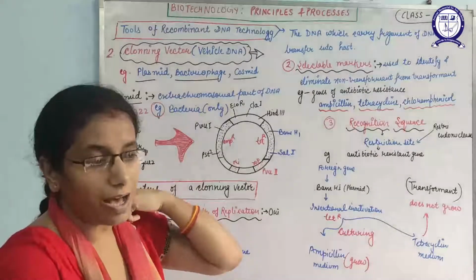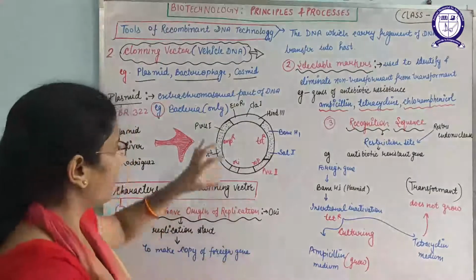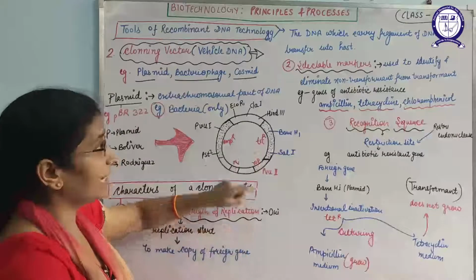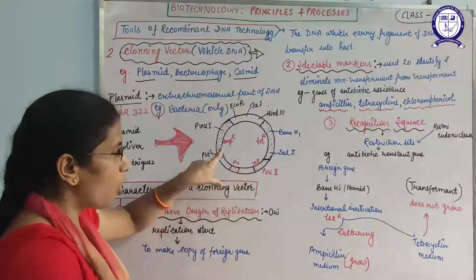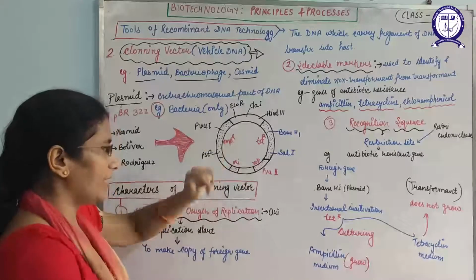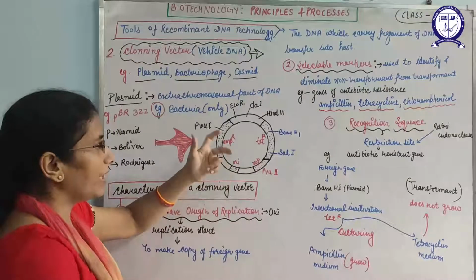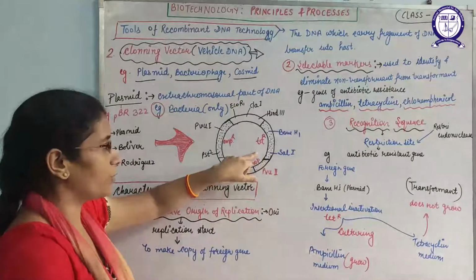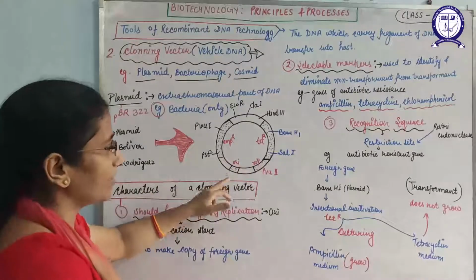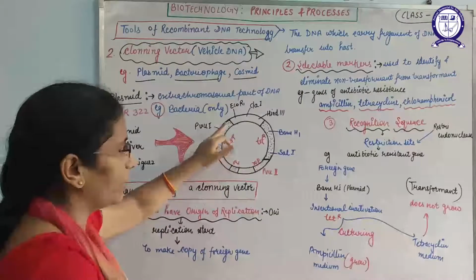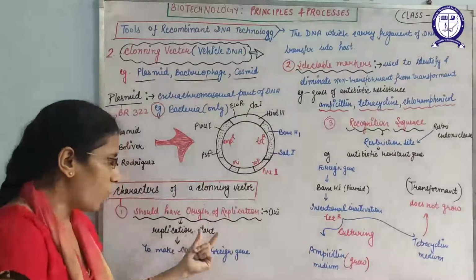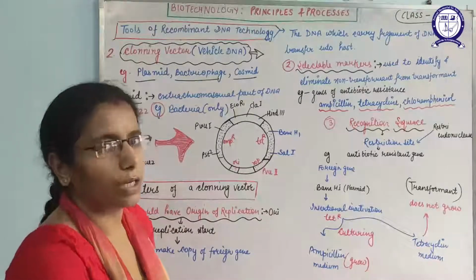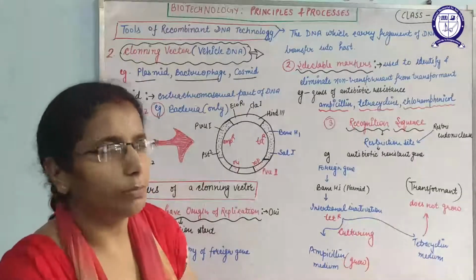When we are inserting the foreign gene into a plasmid, we must keep in mind that we insert the gene near the ORI. If we take the example of pBR322, we can insert the gene either in the ampicillin resistance portion or in the tetracycline resistance portion. When replication starts, ORI will start to make copies from here. So this ORI will help to make copies of the foreign gene, and it depends upon the ORI how many copies it will make.